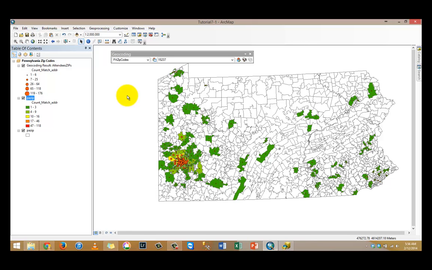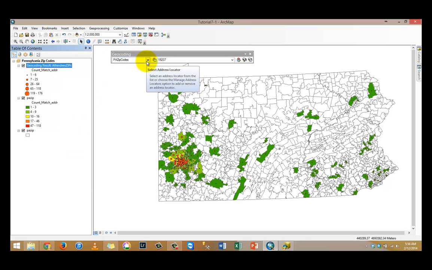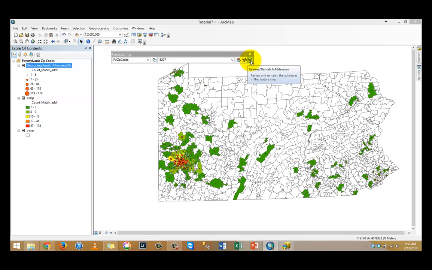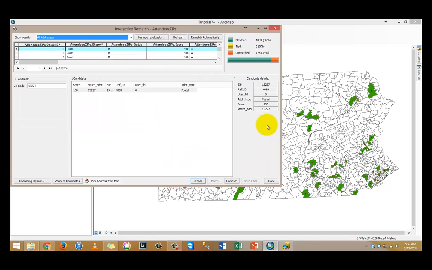The next step is to fix and rematch zip codes. Let's see how that's done. What I'm going to do is click on this, and click on the review and rematch tool from the geocoding toolbar. I'm going to click on that. So now I have all the matching results. When I say I want to look at some of the unmatched results,